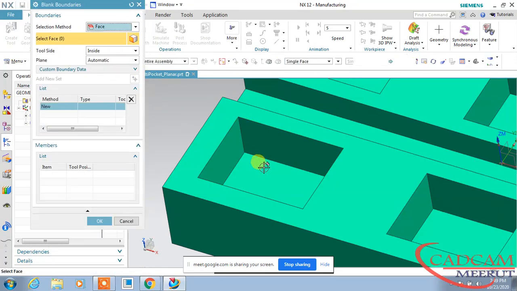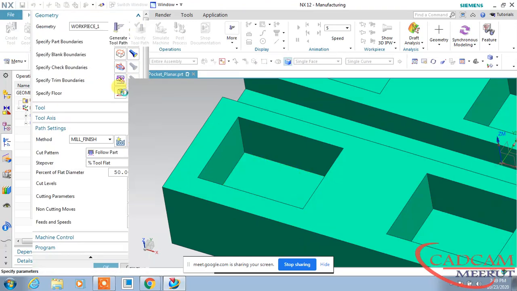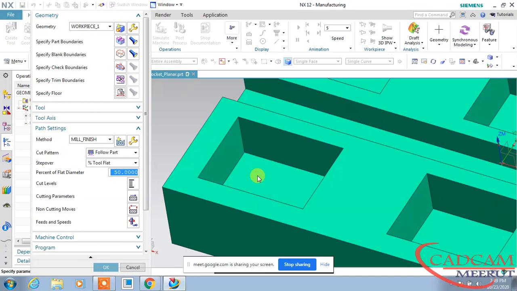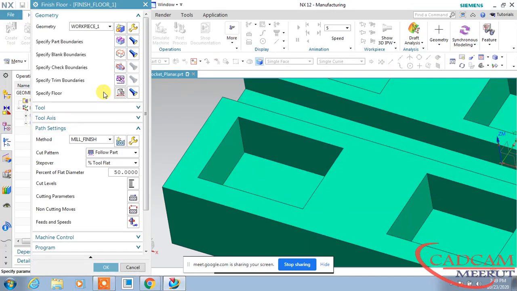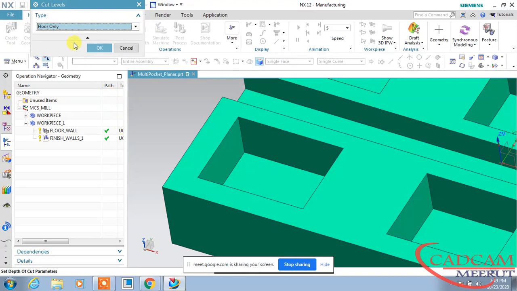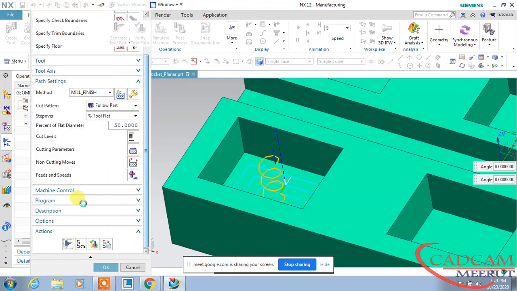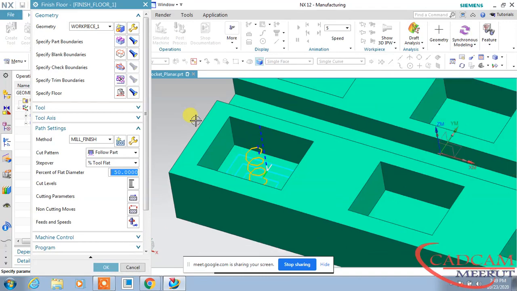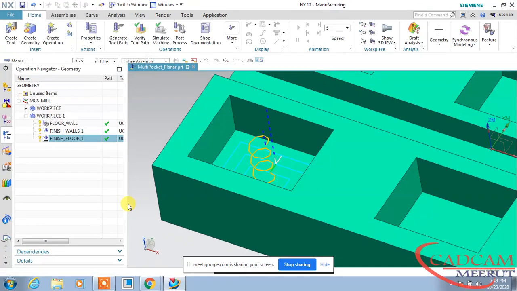Part blank at this, and the floor, this is my floor. The cut pattern is follow part, and here cut floor only, it will cut only the floor, and generate this. So you can finish wall and floor separately, both separately.